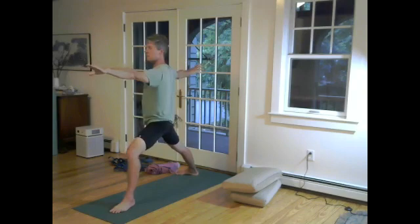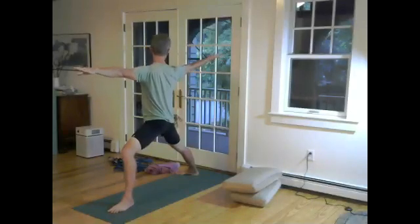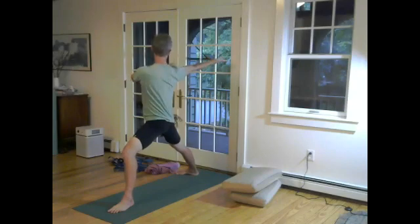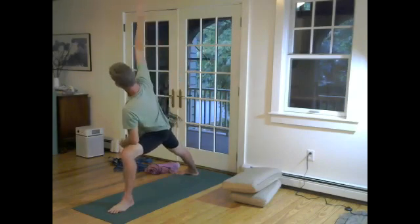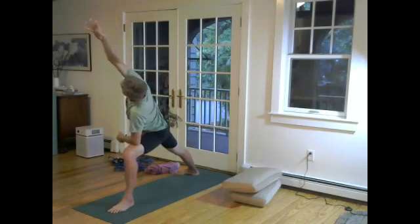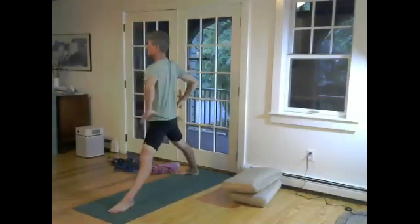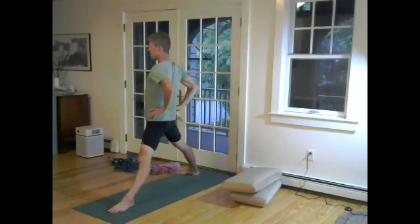So the motion of the feet will indicate to the hip capsules where to go. The motion of the hands in turn, as we turn our gaze to the back hand and roll that palm up to the sky, tells the shoulder what to do, shoulder capsule. Now as we come into our side angle, bending the left knee, tracing the right fingers forward. Feel the openness in the shoulder capsule of that right hand. Coming up, take the hands to the hips and make sure now the hips are re-symmetrized,